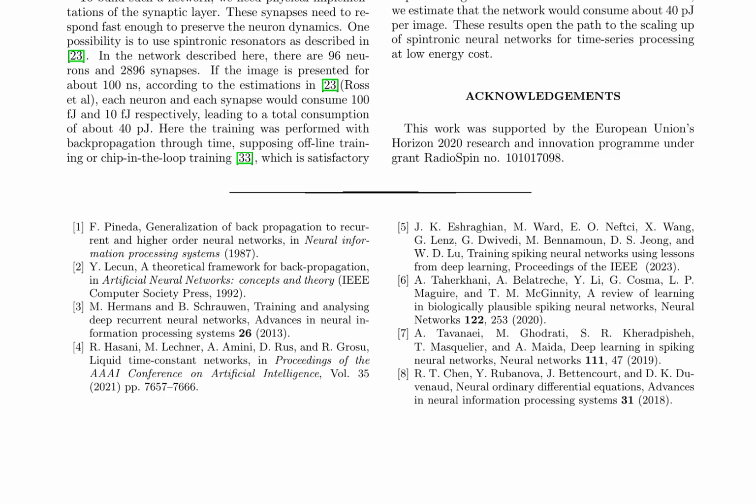The paper concludes by highlighting the potential of spintronic oscillators for time series processing and providing guidelines for designing and training such networks. The results demonstrate the feasibility of scaling up spintronic neural networks for complex tasks while reducing energy consumption. The authors also acknowledge the limitations of their work, including the need for online training leveraging the physics of the network, which is out of the scope of this paper.